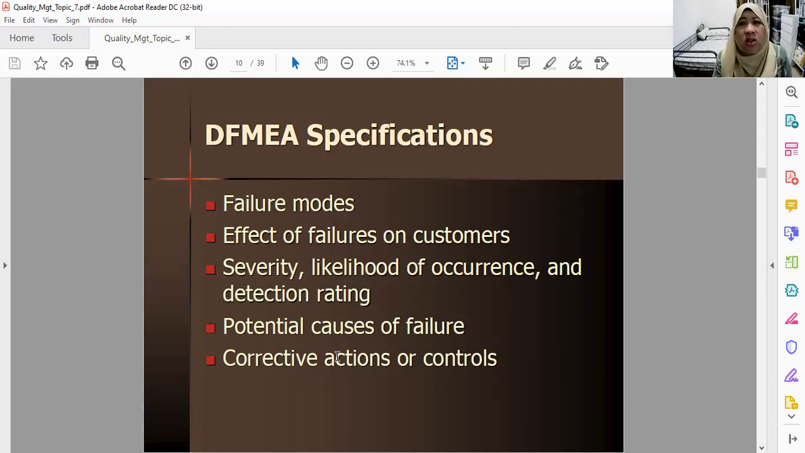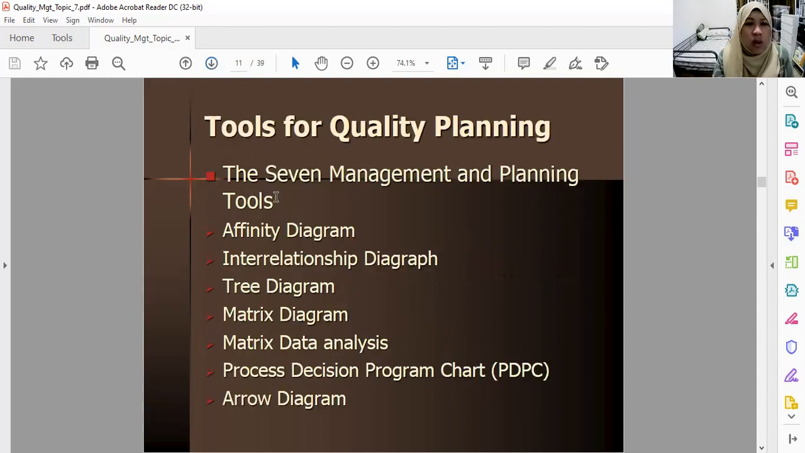And then potential causes of the failure. Of course we look into what the problem probably is, why the failure is happening, and of course the corrective actions or controls have to be taken. So these are the things that we have to look into. And then what are the tools for quality planning? I'm saying to you all, this topic is totally about quality planning and how we make sure that quality control can be implemented. So there will be several management planning tools. Number one, we